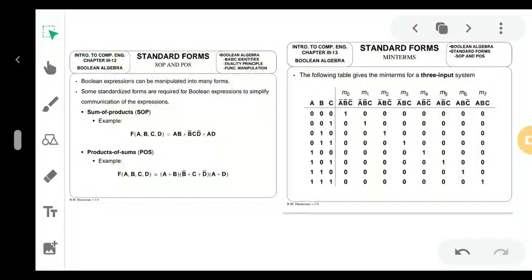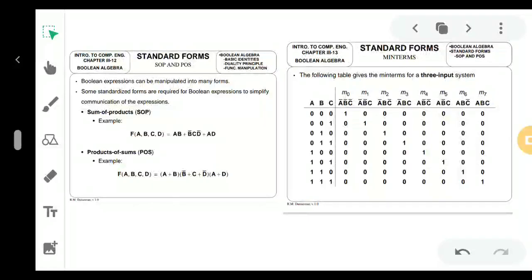So what is a product term? An AND function is referred to as product. In Boolean algebra, the word product loses its original meaning but serves to indicate an AND function over here. Okay, and what is sum? The OR function, that is the plus sign, is generally used to refer to a sum. The logical sum of several variables on which the function depends is considered to be a sum term.